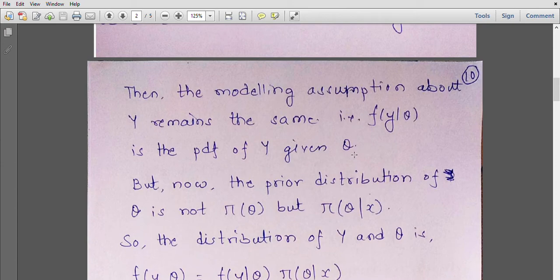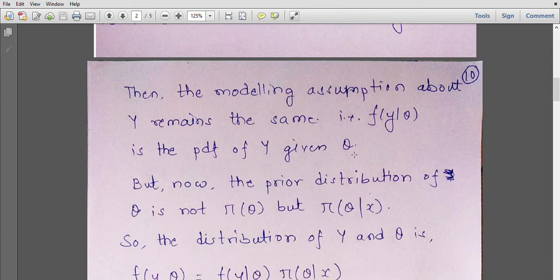the prior information regarding theta is not same as the prior information which was available at the time of observing x. Since x was the first set of data, whatever historical information was available till that time point was utilized to construct pi(theta), and then after getting x we updated the distribution of theta to pi(theta given x). So the prior distribution has already got updated to the posterior distribution based on the information which we have got on x. Now we are going to observe y.